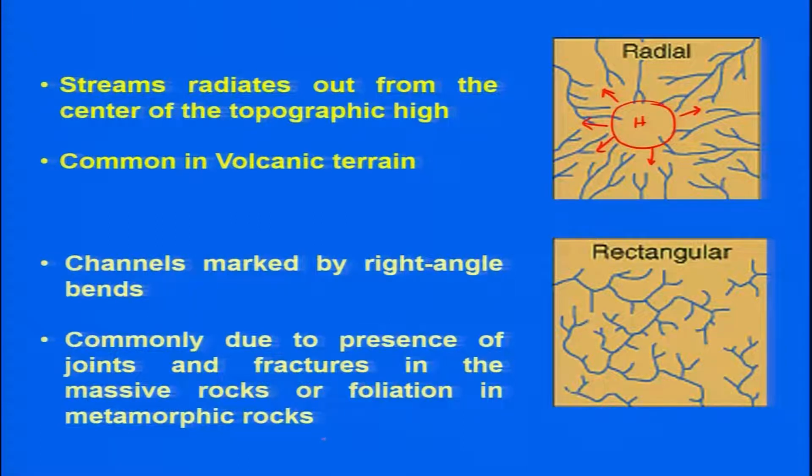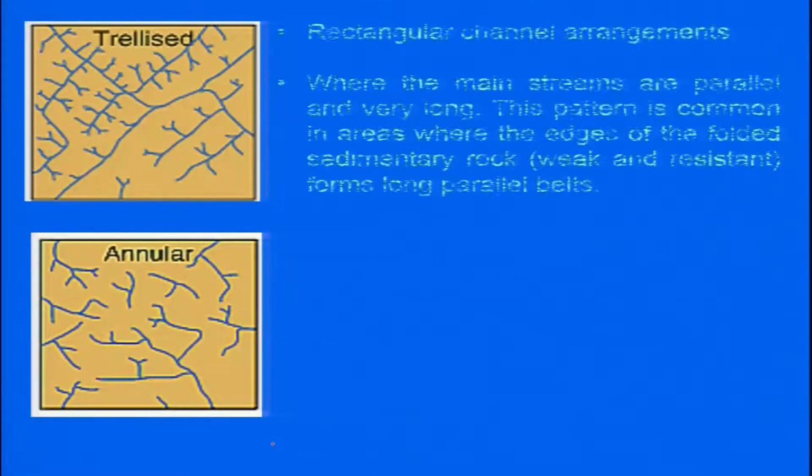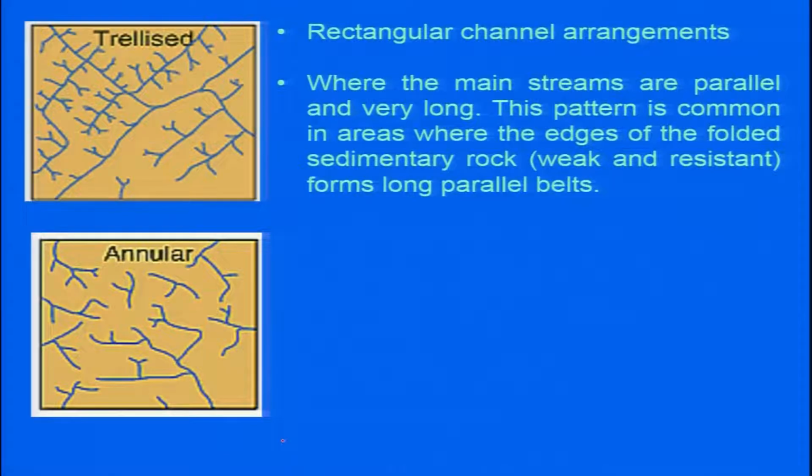So in most of the massive rocks, fractured rocks or foliated metamorphic rocks, you will be able to see a typical rectangular drainage pattern. Trellised, so you have again rectangular channel arrangements where the main streams are parallel and very long. So the main streams will be parallel and very long, and this pattern is commonly in the area where you are